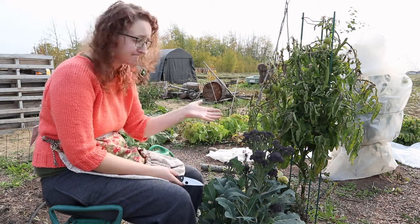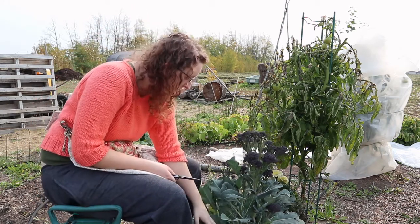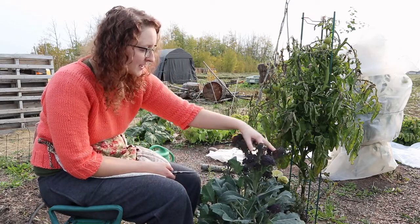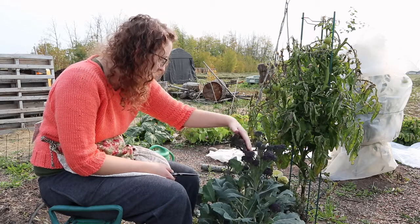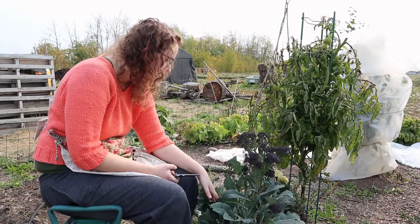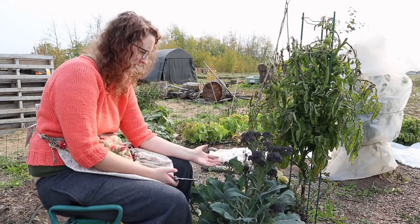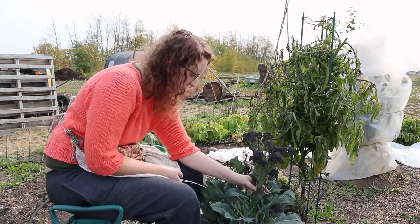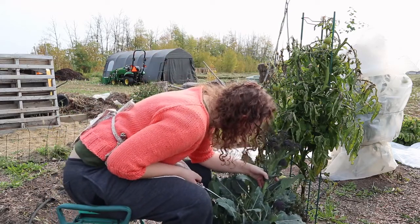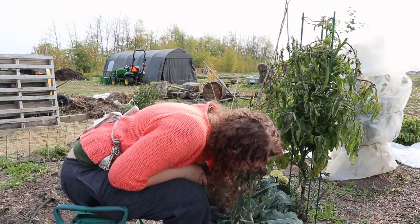This is my broccoli. It's been growing really well all year. You probably can't see this, but there was one central stalk that produced a head much like this, and it's been continuing to produce florets through the season in all of the branches of the plant. And this one happened to mature enough to basically create a secondary head, and if I'm looking at it, it's actually